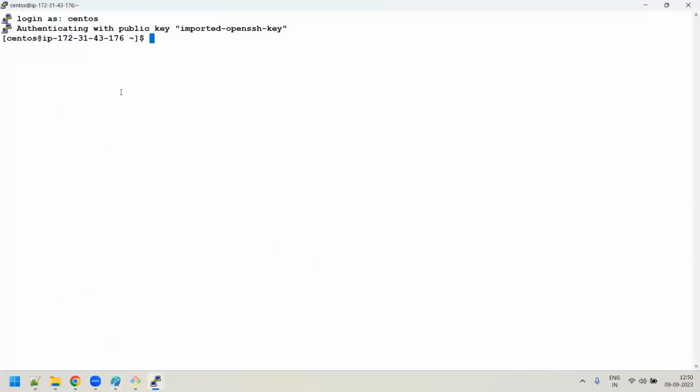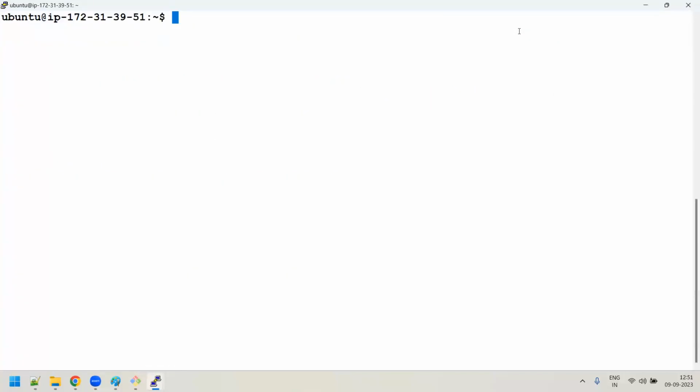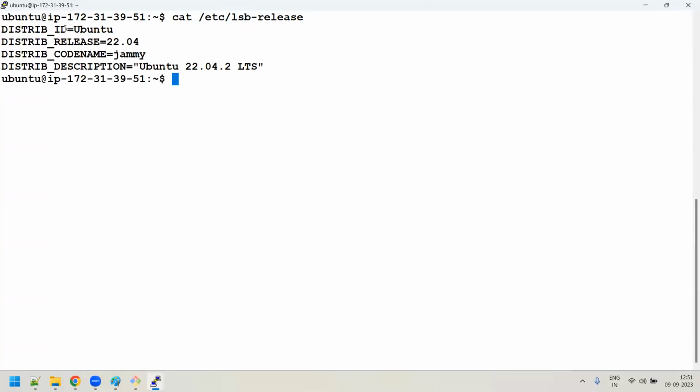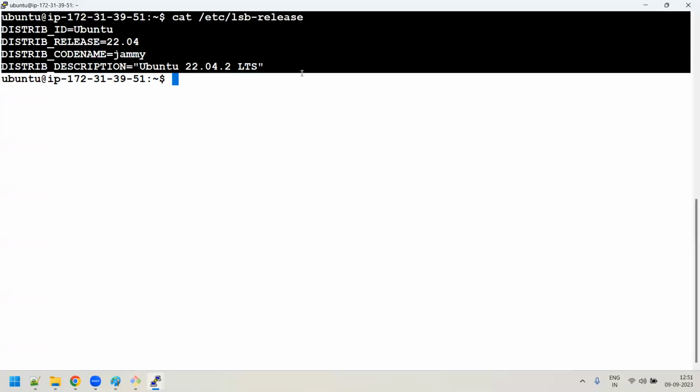Right. So now we have these two servers. If I want to see which flavor of Linux you are under, there is a file by the name /etc/lsb-release. This is the file which is used in Ubuntu. If you execute this command, you could see that you are under Ubuntu and the distribution version is 22.04. So basically I'm using the cat command to display this file content. This is displaying. Okay, fine, good. Let me copy this, and I will try to paste it here.